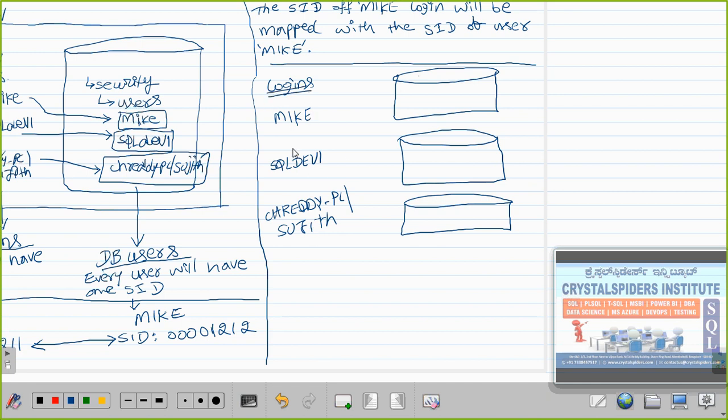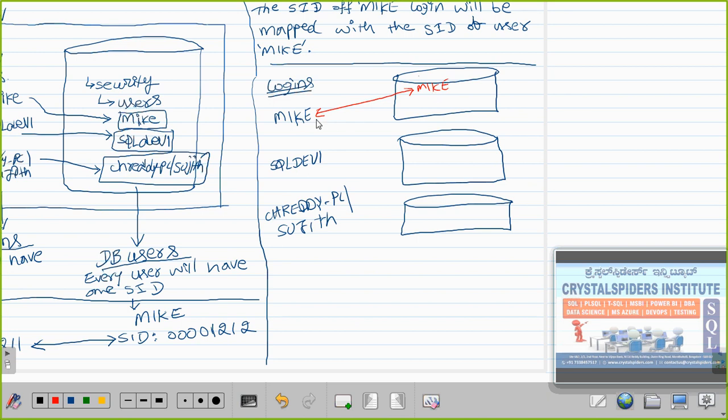Now what I am going to do is add access for mic on this database. When I add access to mic on this database, what will happen? Mic will get one username here. That means this login SID will map to this user SID. That's it.